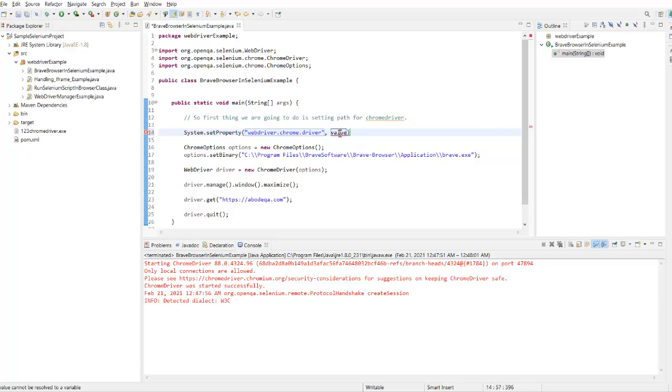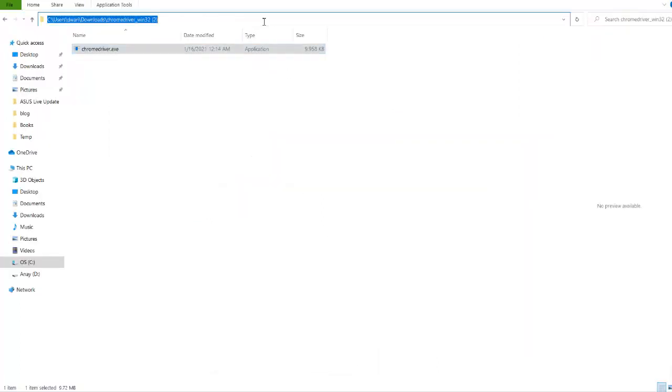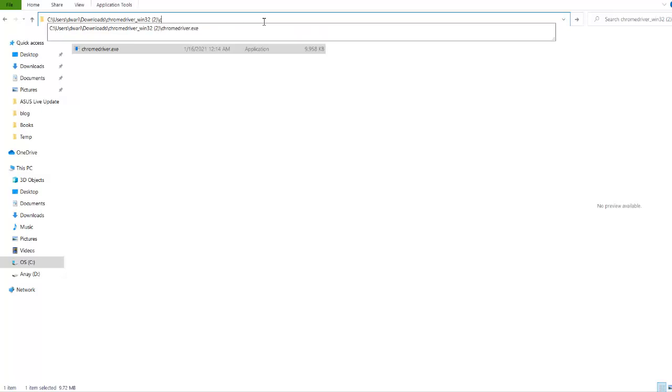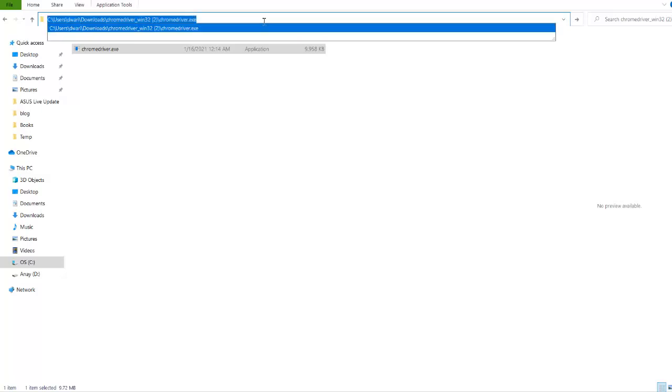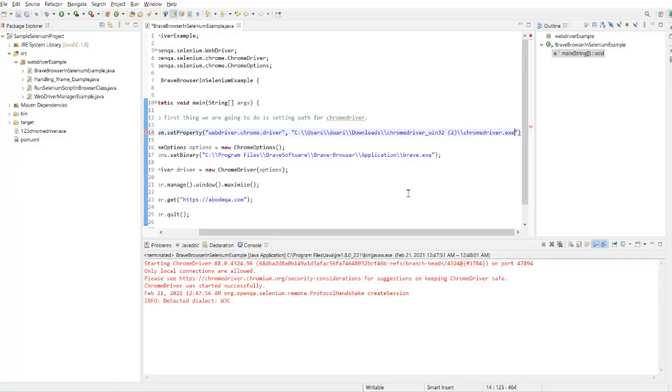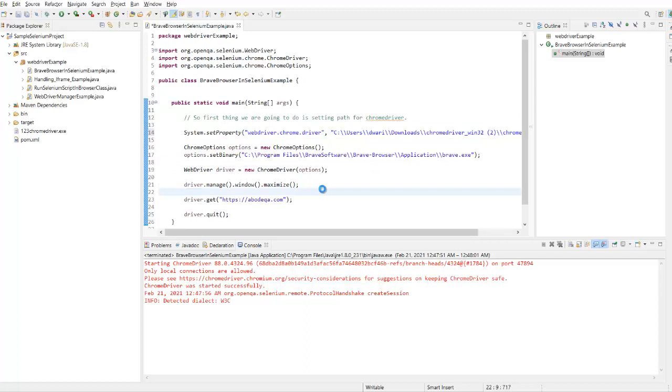Here we need to provide the path of the chromedriver exe. So let's get back to the download section, and here let's copy the path. Here I've added the path of my chromedriver.exe, and now again if we save it, the rest of the code will be the same.